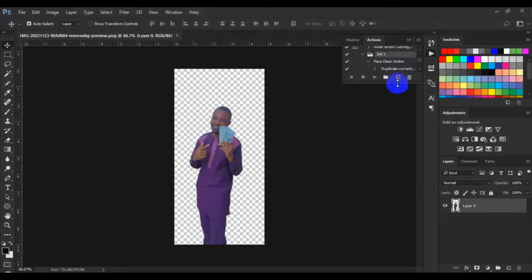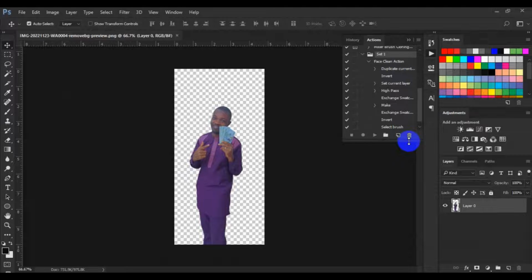So guys, this is how to install Photoshop action step-by-step tutorial without any stress. I hope you find value in this video. If you enjoyed this video, give this video a big thumbs up. Also, I'm going to put the download link to this particular Photoshop action in the description of this video. This Photoshop action is very good in terms of face clean when you are trying to edit your picture in your Adobe